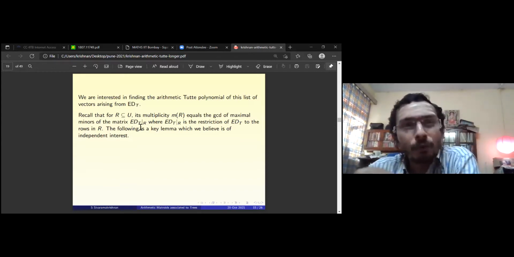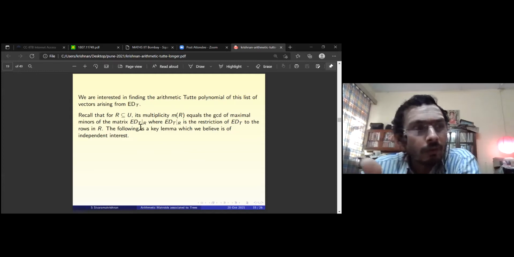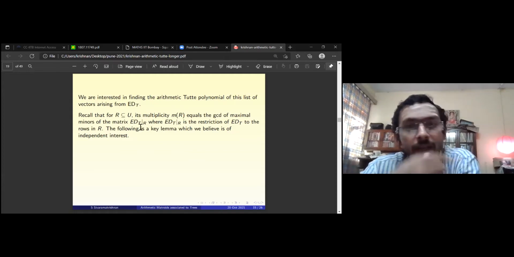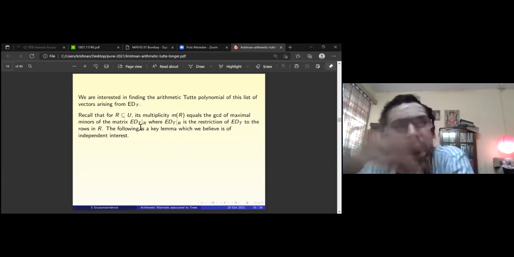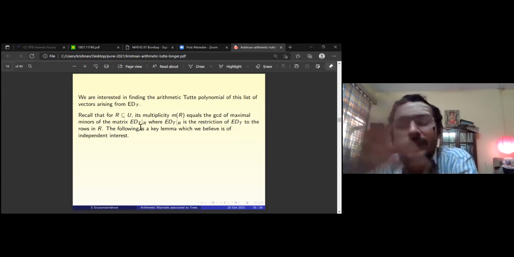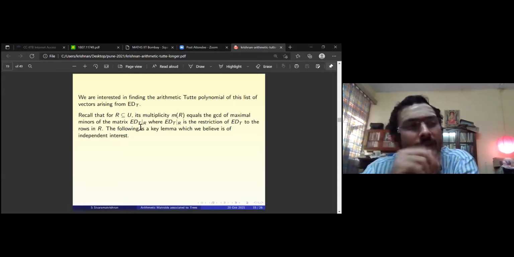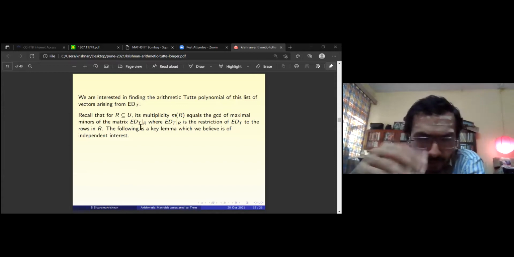So I wrote some programs in Sage, and the pattern in the answers was so obvious that I thought, there has to be something good. And once I told Bapat, he said, no, I don't believe. Can you send me the program? So I sent him the program. Then he ran it on several trees. Then he told me, yeah, I'm also surprised that the data is so nice.